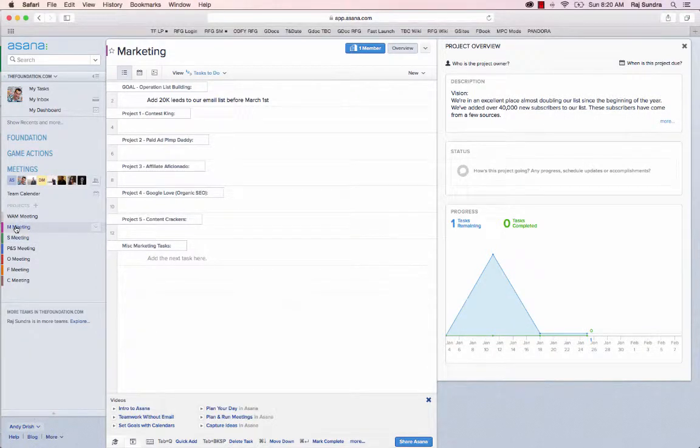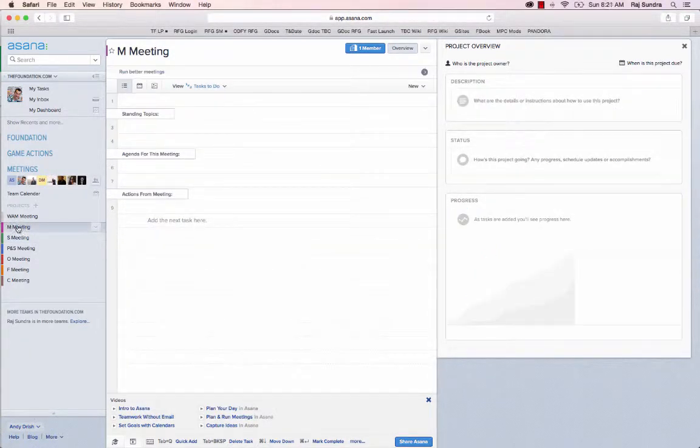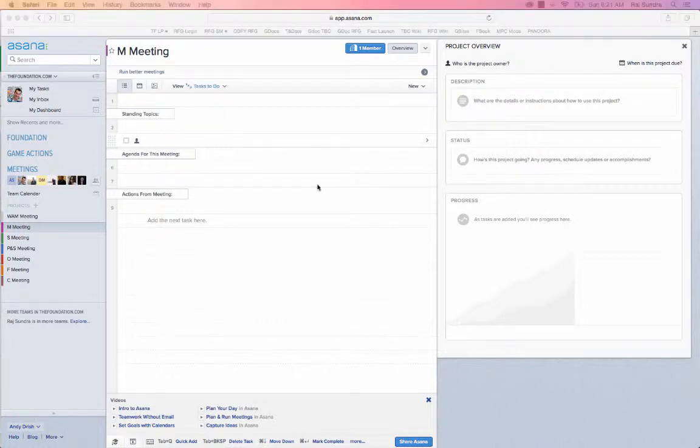You'll see what I'm talking about in a bit. Within each meeting, within each project that's for each meeting for each area of the business, we've created a standard format for the meetings. We have 3 different sections. We have standing topics, agenda for the meeting, and actions from the meeting. Please leave this basic meeting structure as it is so that we can all start running meetings in a consistent, organized way. As you progress in the next couple of weeks, getting your meeting flow dialed in,